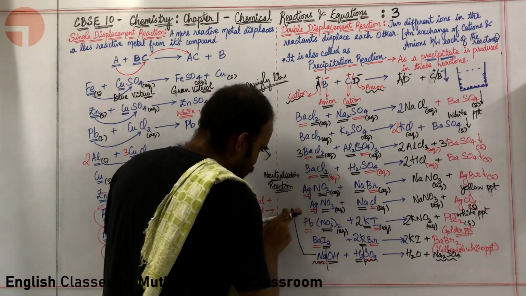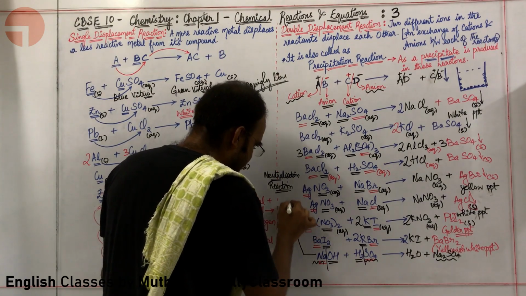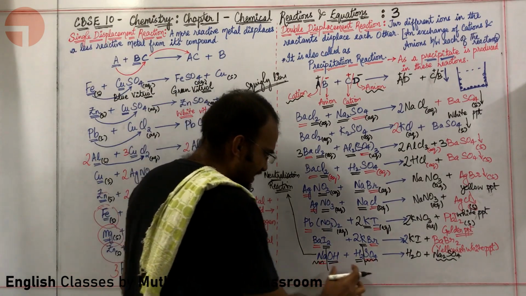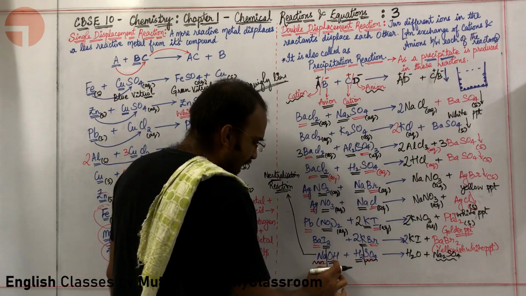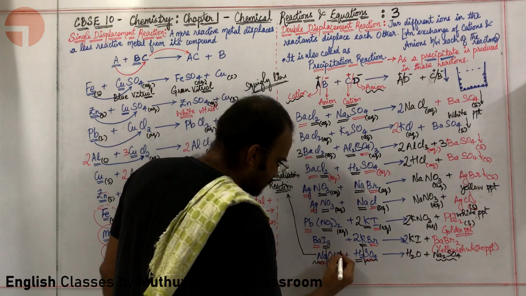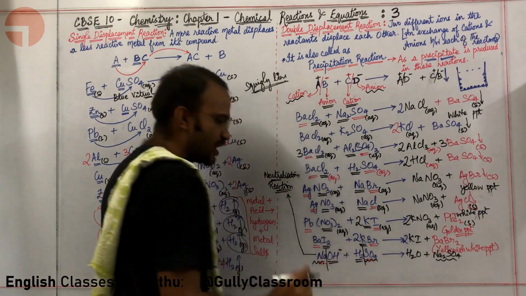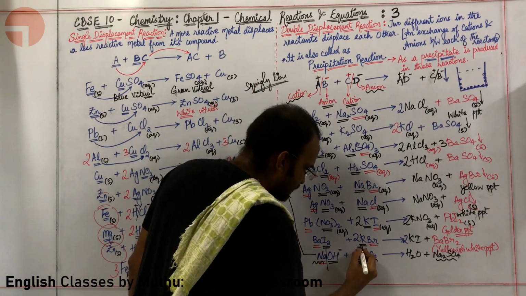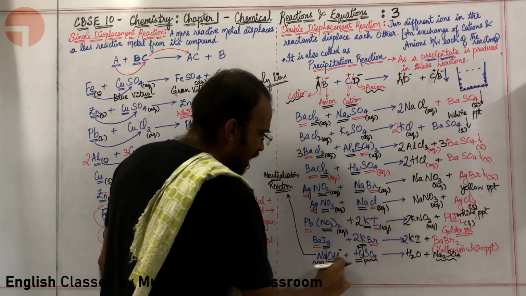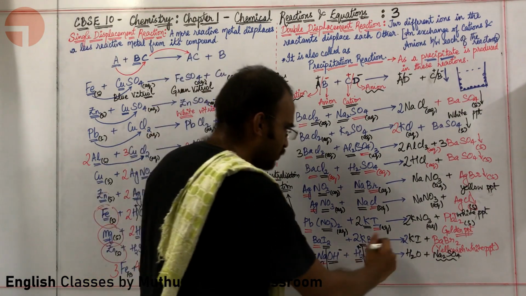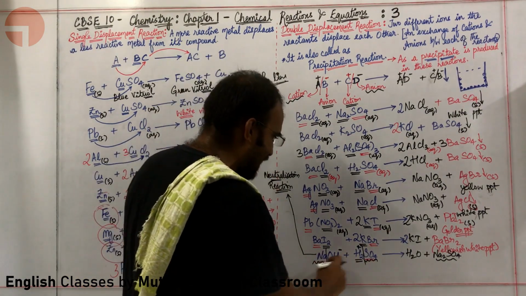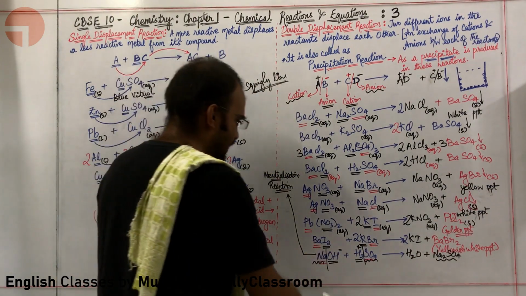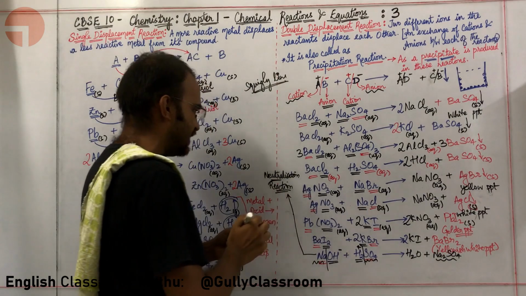Sir, where will I study this particular reaction? You will study about neutralization reaction in the second chapter, acids, bases and salts. In neutralization reaction, a base combines with an acid. The OH minus ion is called hydroxide ion. This hydroxide ion is combining with this particular hydrogen ion and forming water, and it is simply sending Na2SO4 outside. This is also a good example for double displacement reaction.